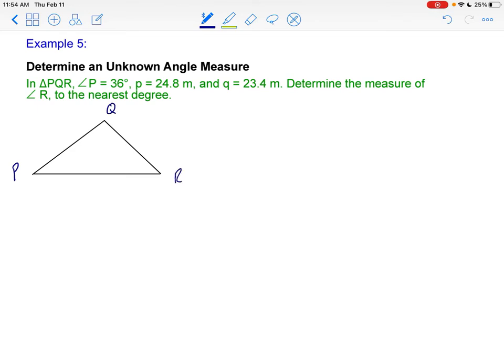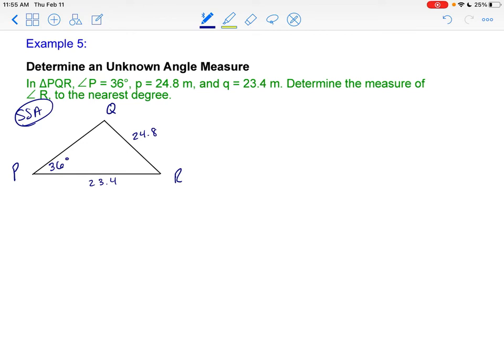Angle P is 36 degrees. Side p, so the side is always opposite, is 24.8 meters. And side q is 23.4 meters down here. I'll leave off the meters. Okay, so we know it's the ambiguous case because we have a side and an angle. Side, angle is the ambiguous case, which means that there's more than one solution for this triangle,